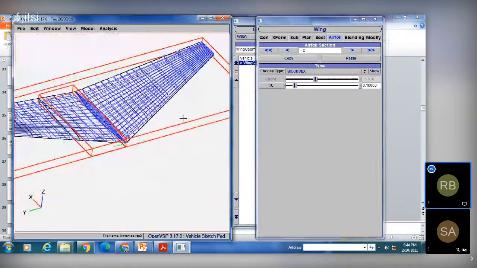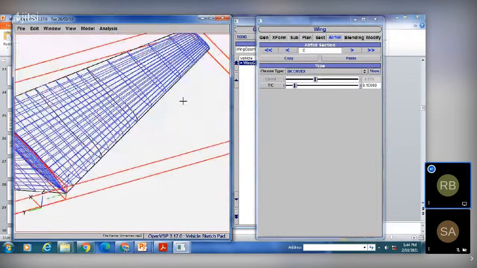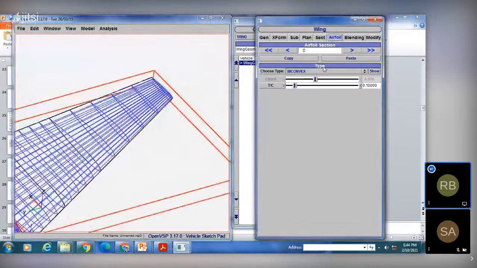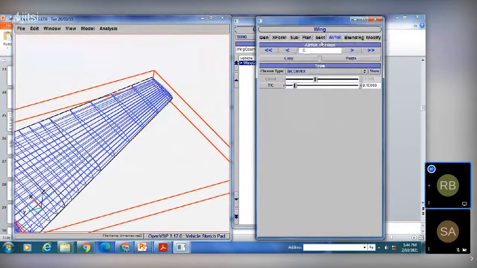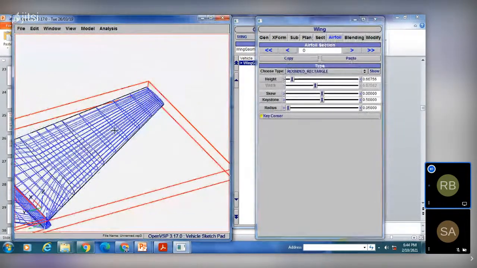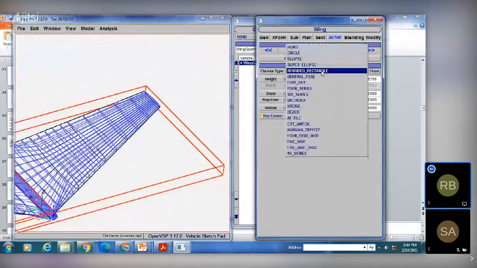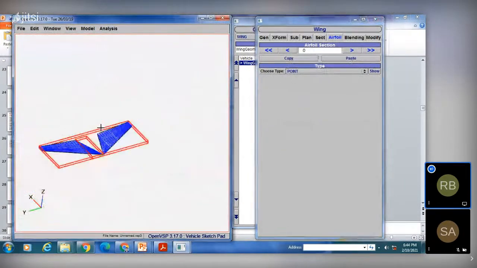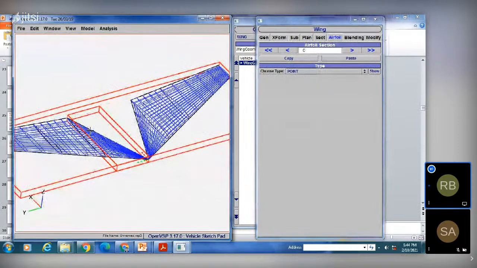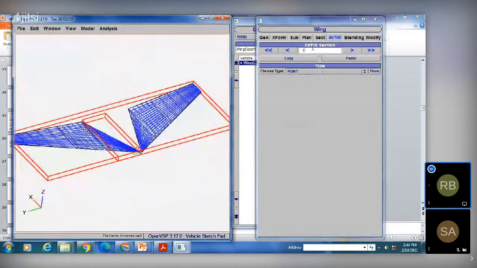aerofoil menu. Round, rectangle, aerofoil, pointed type. See, changes can be, yeah, see, in this case,